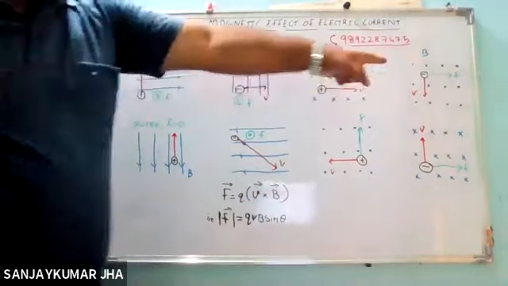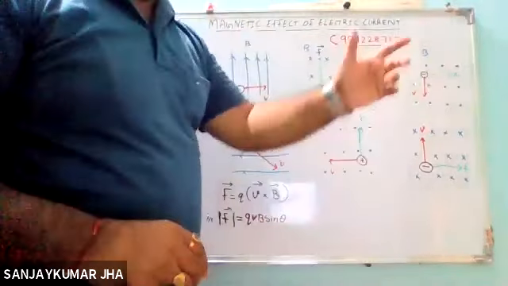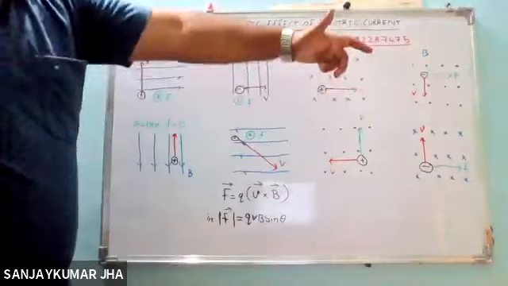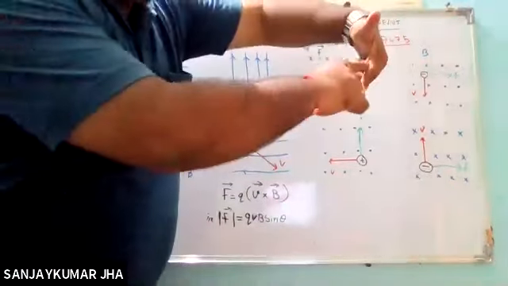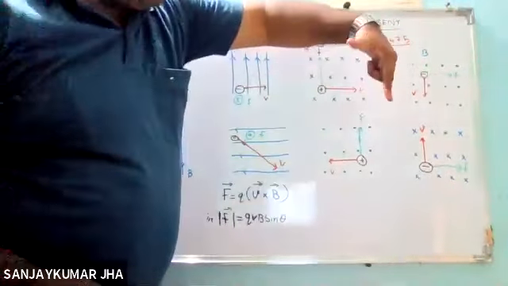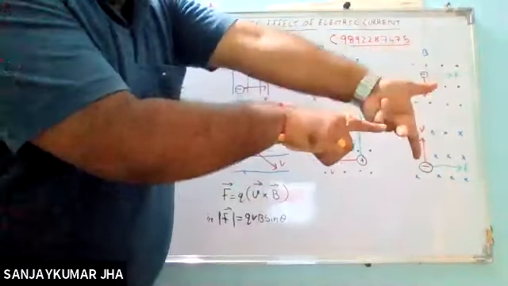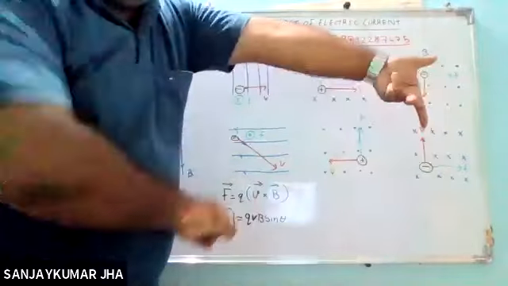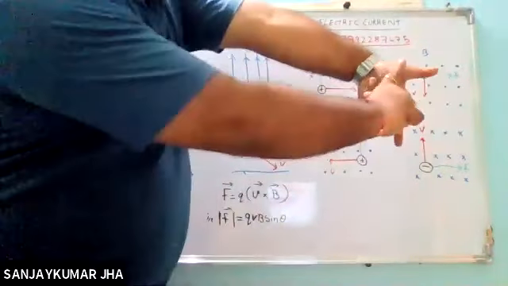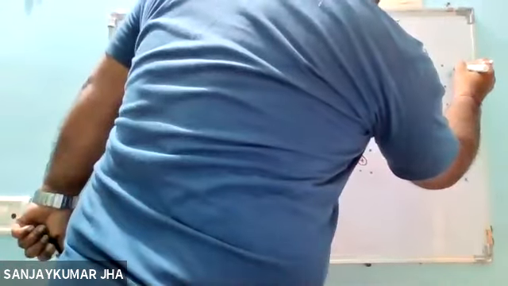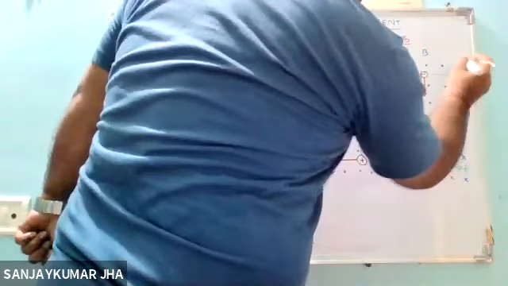Now students, negative charge. Negative charge means what? You have to use the left hand. So left hand. So see over here, V is the velocity. Dot is perpendicular to the plane in the outward direction. So see, the middle finger is towards you. So this thumb will give you the direction of the force acting. So it is in this particular direction, along this way. So this is the direction for the force acting.